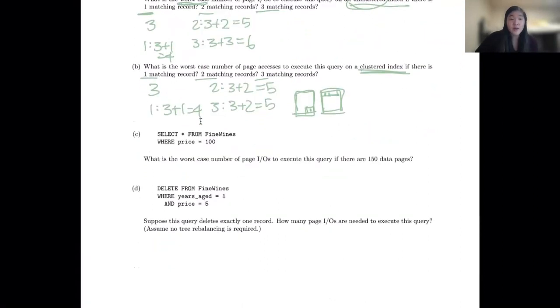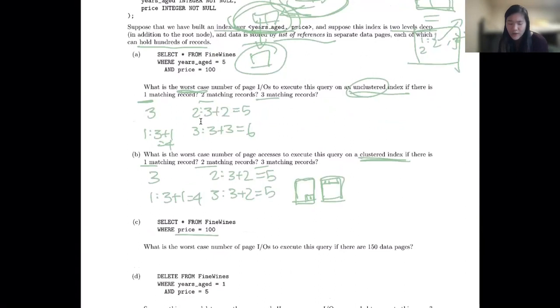Okay, now for part C. Now we're told to select from fine lines where price equals to 100. Okay, so here we have to check what our index is over. Well, our index is, we're told, over years, age, price. So this query doesn't actually match our index. And so if we have 150 data pages, we just have to read all of them because our index doesn't help us in any way. So for this,